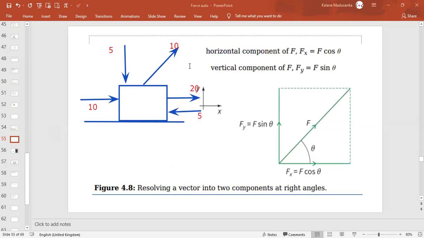Now, in this kind of a question, they should always give us the angle. We can ignore the horizontal and vertical forces, but you can see this angular force, the 10 newtons, there should be an angle present here. Let's say 60 degrees. Now, in this kind of a case, I cannot directly find out the resultant force here,